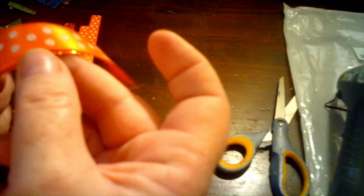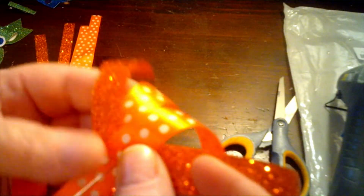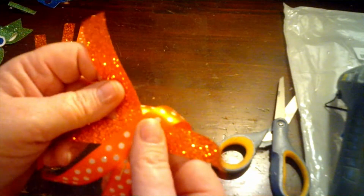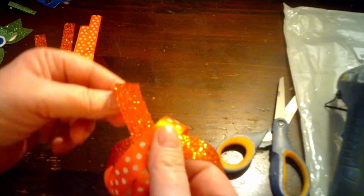Oh, I'm just taking them back and forth, the same two. I would keep moving the same two back and forth, which is just crazy. So you just want to fan them out, just like this. Okay? Then what you're going to do is you're going to